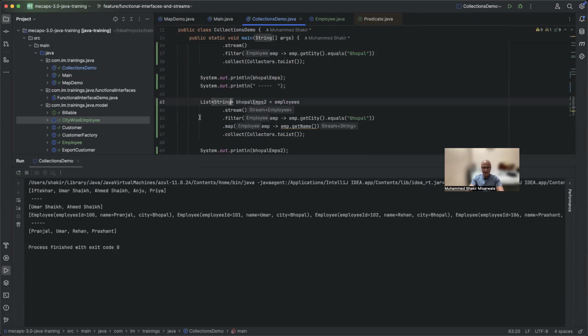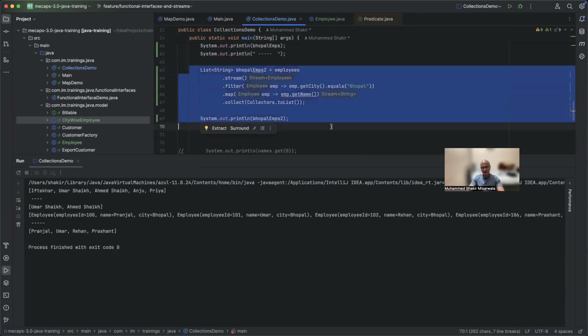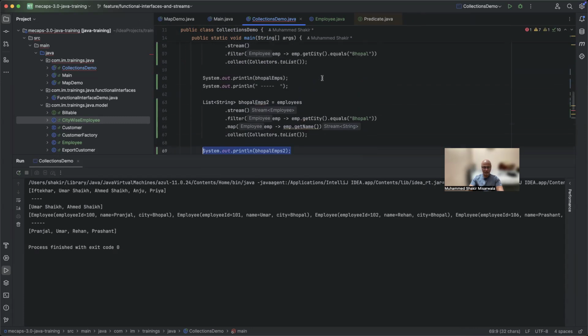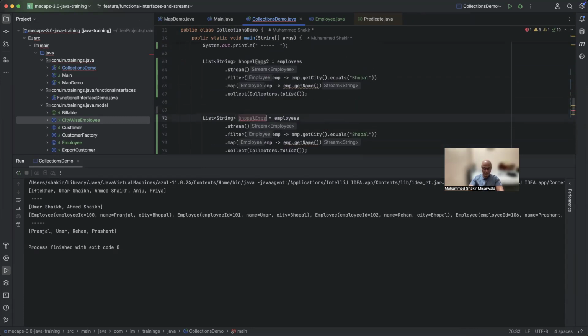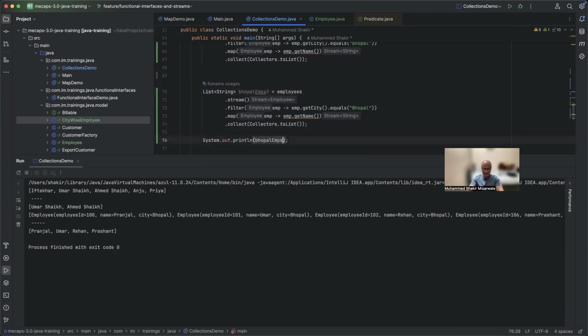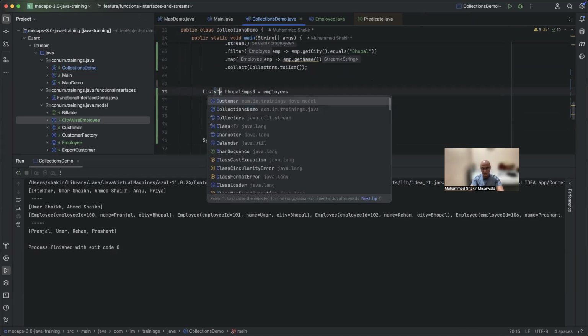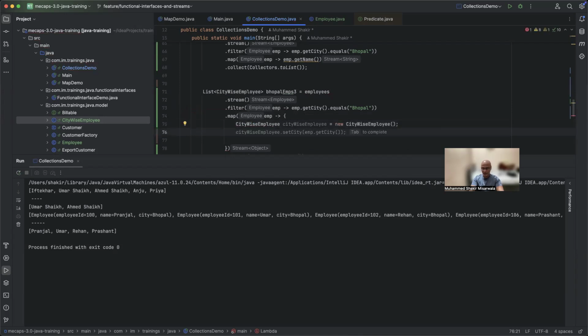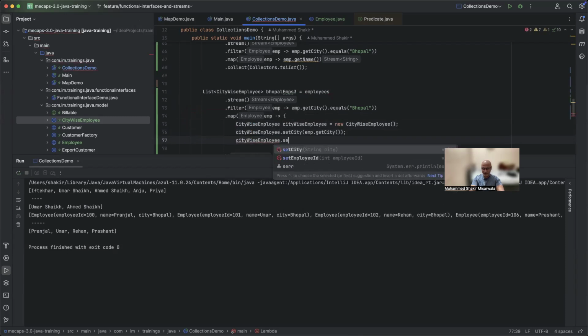So what I'm going to do now is that instead of transforming it into a string of names, what I want is both the name as well as city. So I'll just simply do away with this. I'll say this is 3, and here I'll print 3, but I do not want the list of string. Rather, I want the list of CityWiseEmployee. Of course, when that is the case, I will have to map employee object to what object? CityWiseEmployee object. So I will now do this. I'll open and close bracket. I will say CityWiseEmployee is equal to new CityWiseEmployee, and set this, and cityWiseEmployee dot setEmployeeID